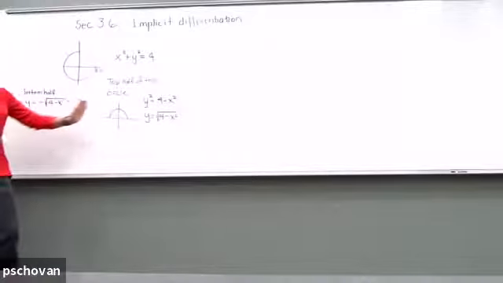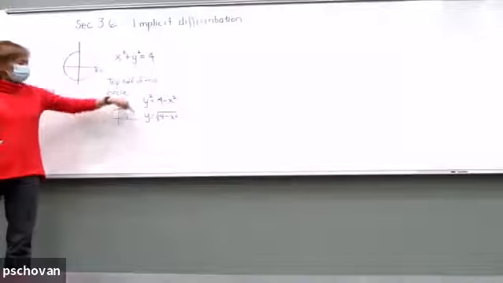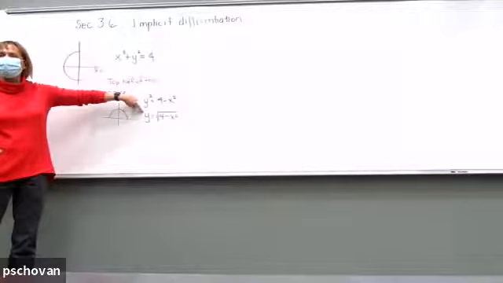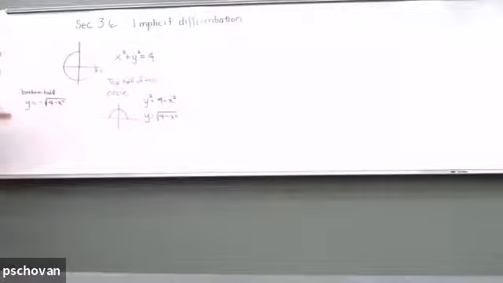Now, if I just do the top half, it is a function. And I can find the slope of the tangent line anywhere to that top half of the circle by taking the derivative of this. If I want to find the slope of the tangent line to a point that lies on the bottom half of the circle, I take the derivative of the one that gives me the bottom half. For instance, let's look at,